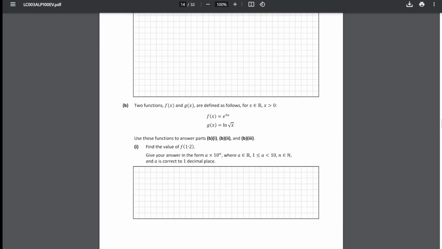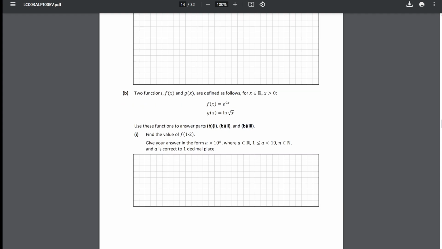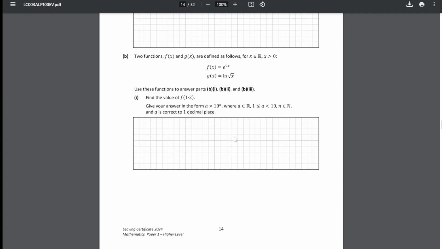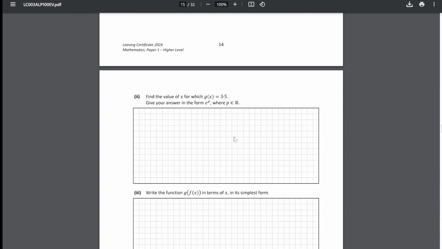Then part B required knowledge of exponentials and logarithms, as well as how to manipulate indices and logs, as well as scientific notation, which is a bit weird. I don't actually recall them asking specifically for scientific notation before, so that's a first. This one was also fine. You did actually have to do a bit of manipulation with indices to do this,